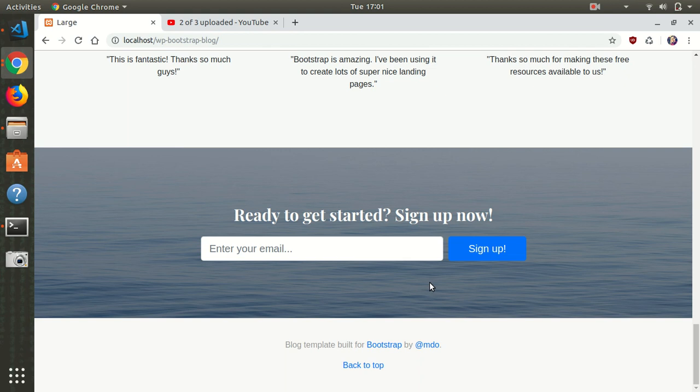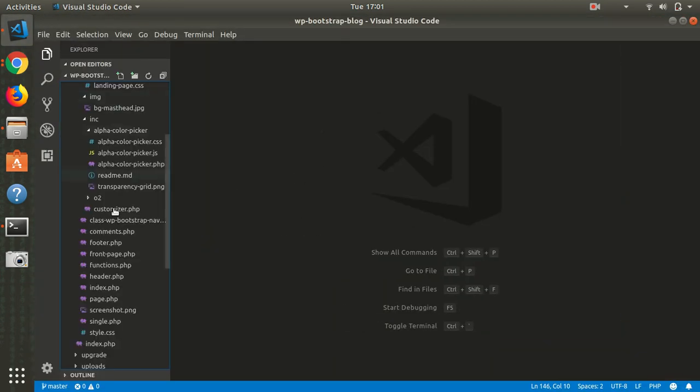Hello again, everyone. Now what I want to do here is to customize this section. What I want to add here is a contact form, just a classic contact form, and also I want to add the social media contact icons on the other side. So it will be a two-column row. To do that, we need to jump into our text editor and see